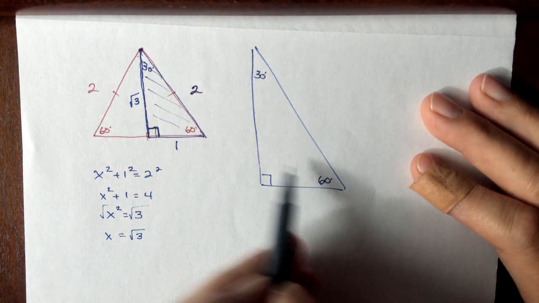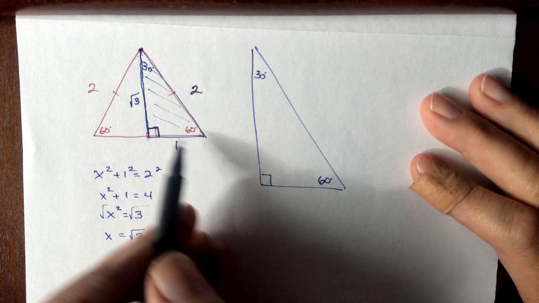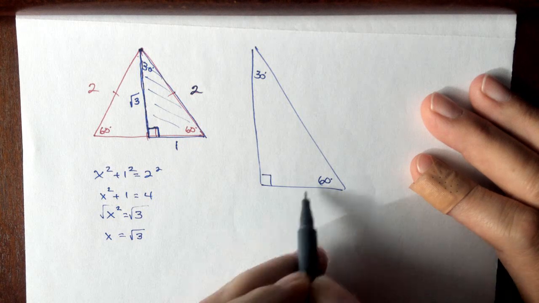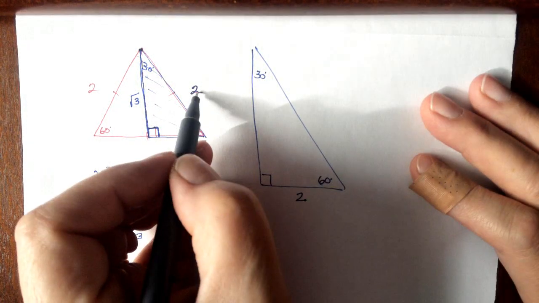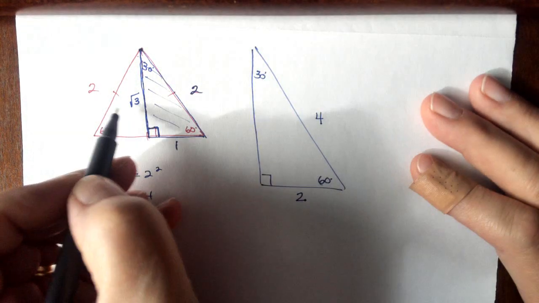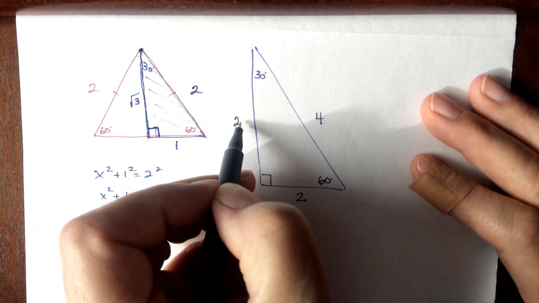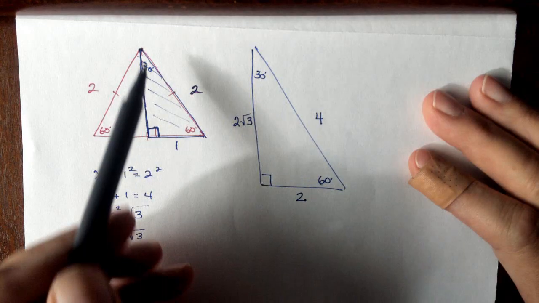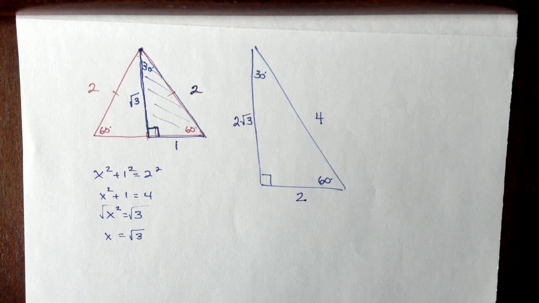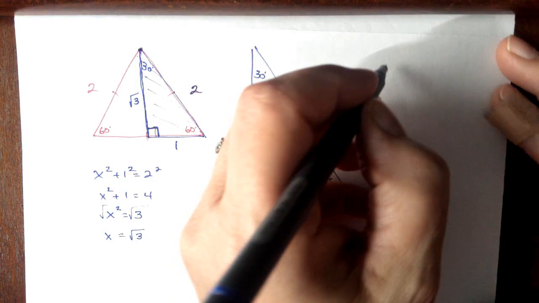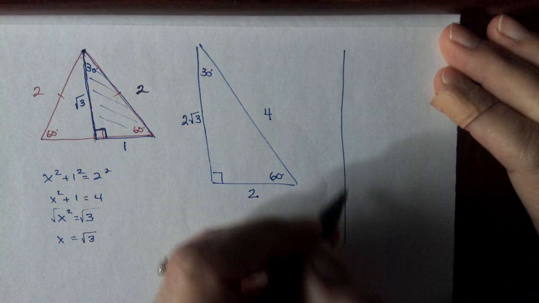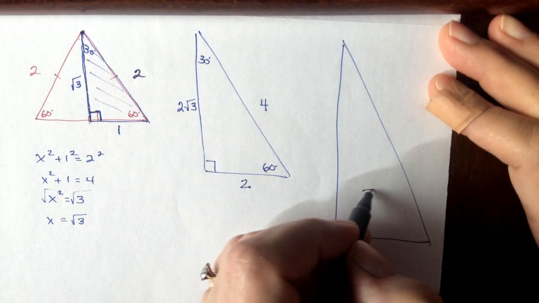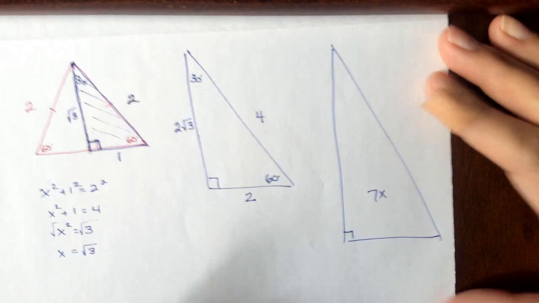and we make it twice as big as this one, we're going to double every side. So if we double 1, we get a 2. If we double 2, we get a 4. If we double the radical 3, we get 2 times radical 3. So we can simply multiply by a scale factor of 2 and get new sides without having to redo the Pythagorean theorem. If we look at one that's, say, 7 times as big, and it's not drawn to scale, so